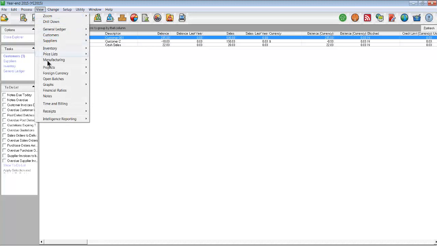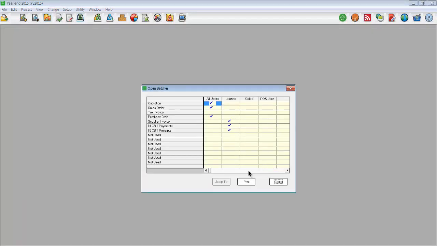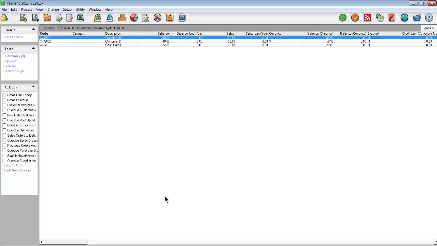Go to View Open Batches. Make sure that the message Point of Sale Open Batches Found is no longer showing, and double check the entry types, with the exception of quotations, sales orders and purchase orders. If any other entry types are showing and you have placed these documents on hold, you can continue with the year-end process. Should you still receive the error message Open Batches Found when running the year-end, you will need to